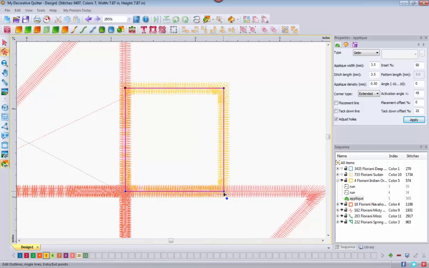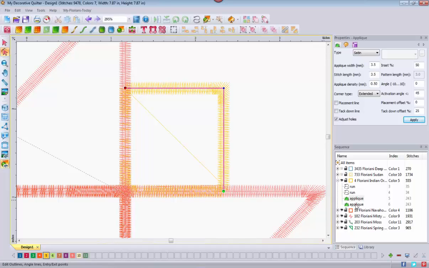That says anytime that blue dot appears, if I click now, I will affect that blue dot. So what you want to do is get close to the lower right-hand blue dot, right-click it, and select Split Line. You want to repeat that procedure with the dot up here at the upper left. So we're going to right-click one more time and select Split Line. And you see when we did that, we've now created two appliques here,